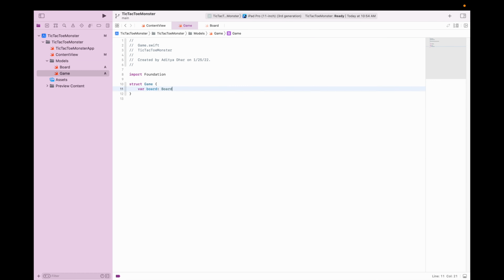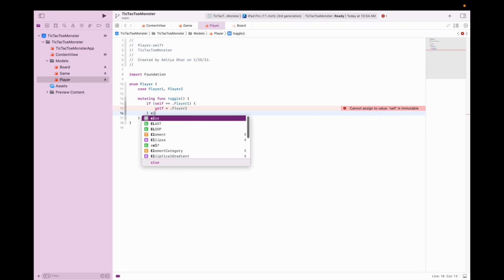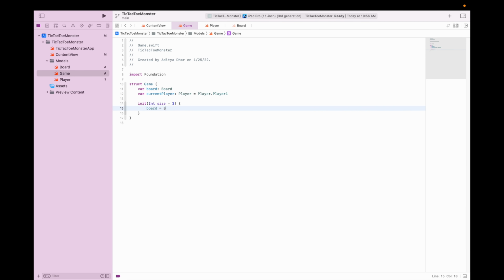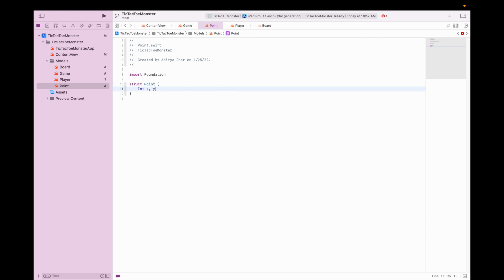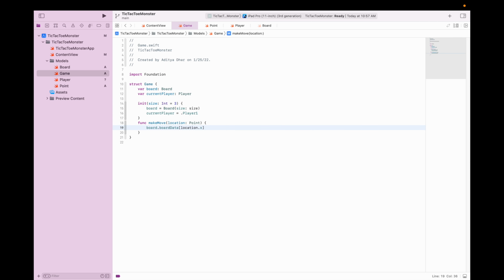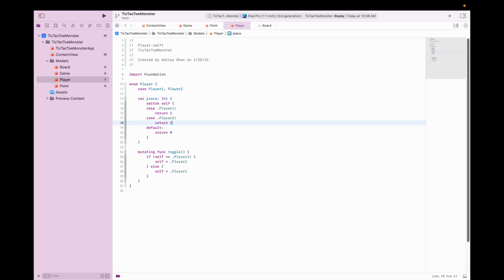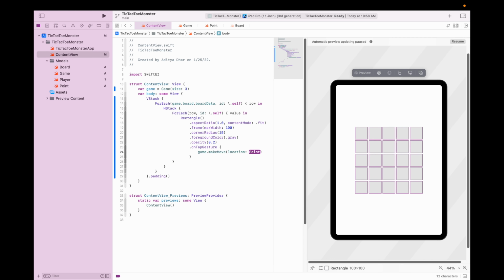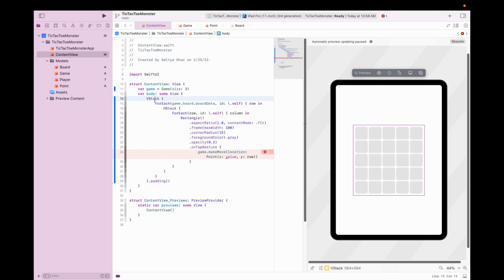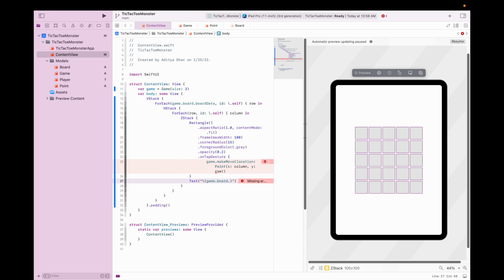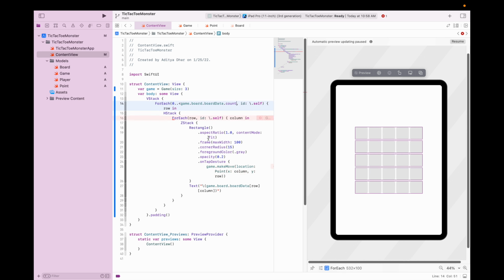With that out of the way, we need to start building some basic classes to store our information. This means stuff like players, adding onto the board, and most importantly, we're going to need a game class that will handle all our operations. After that, we're going to update our UI with these new classes, and hopefully we should be at a place where we'll be able to actually play the game.